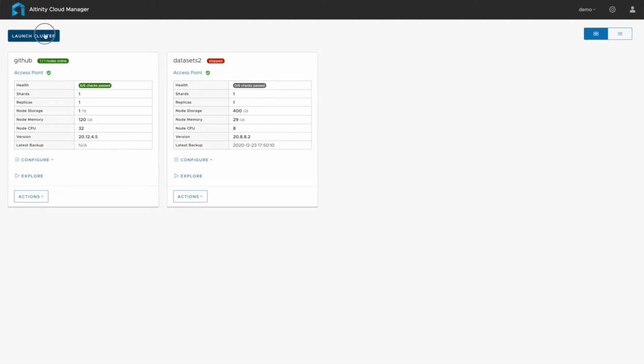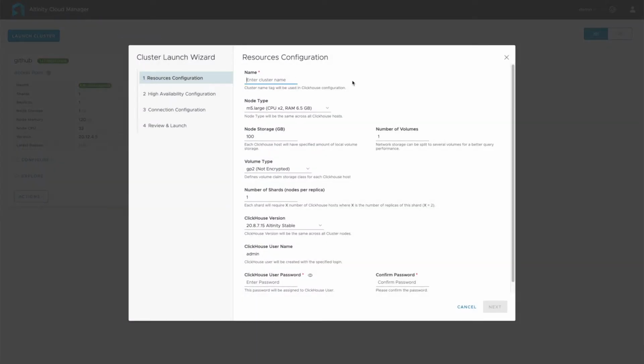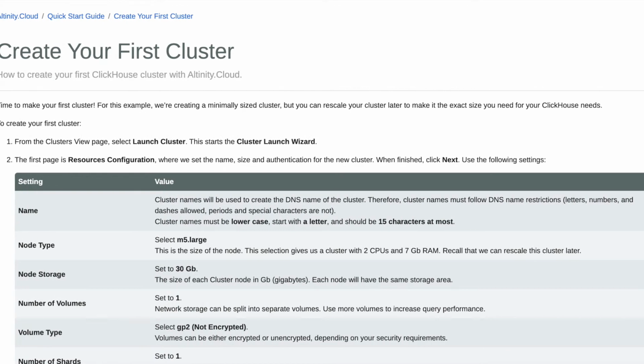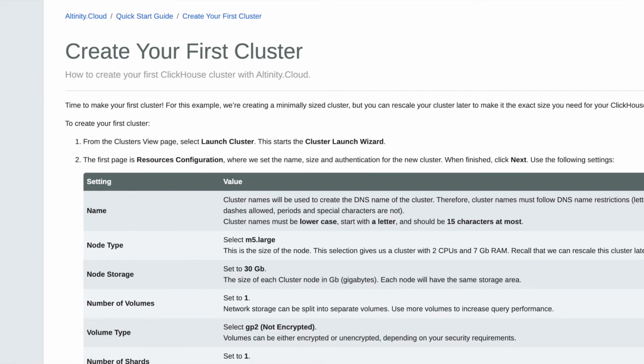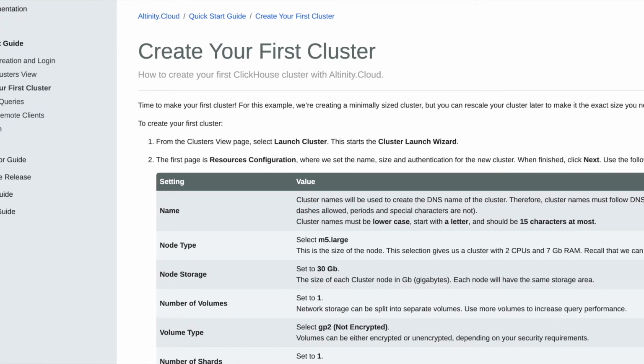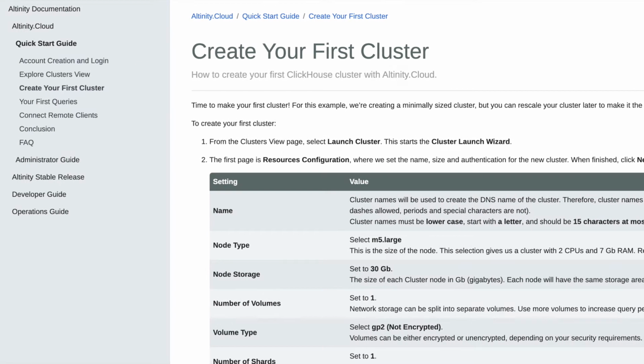Today, we're going to show how to create a new cluster. This cluster I would label as a minimally viable cluster. It's just enough to show for the example, that way you get an idea of the settings and just how it works. For complete details on cluster settings and other information, check out the Altinity documentation site. The link will be in the description field.